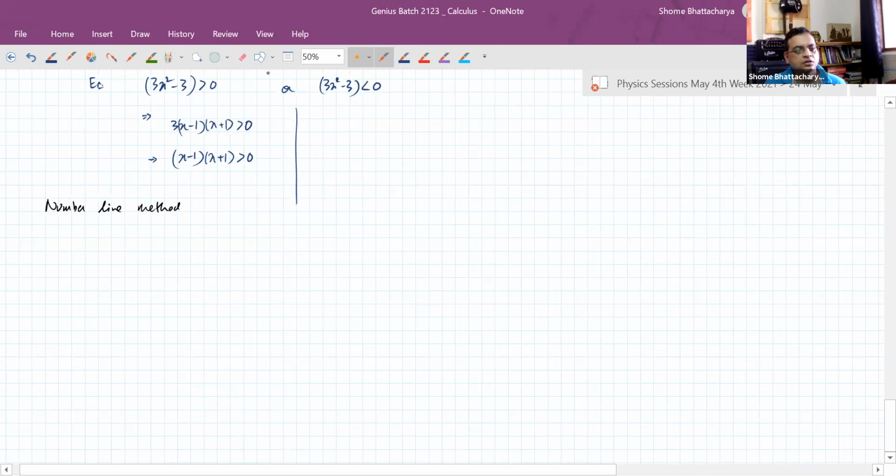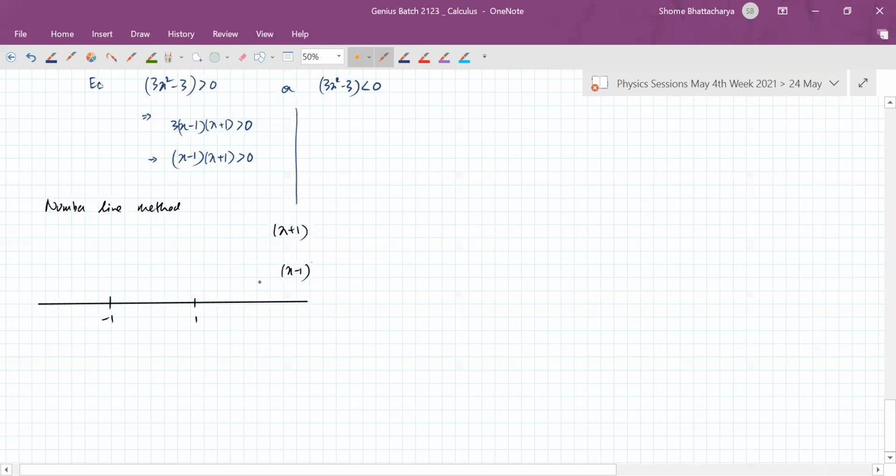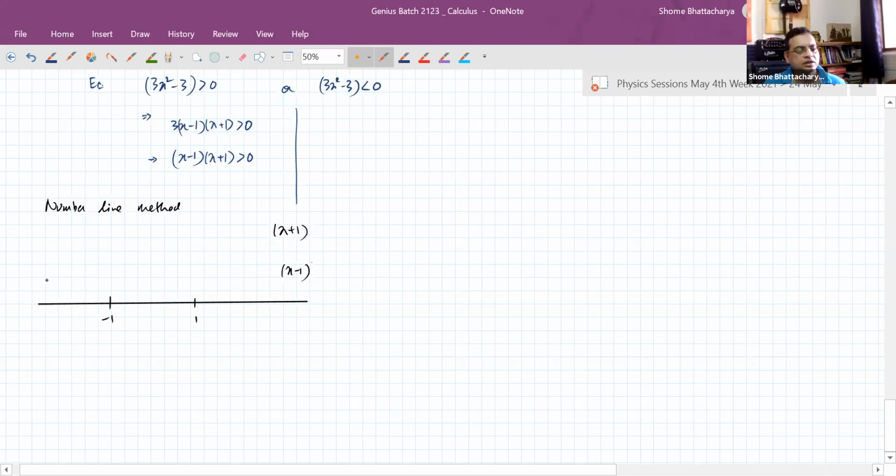In the number line method, for each of these brackets, the critical point for x minus 1 is 1, and for x plus 1, the critical point is minus 1. If I analyze x minus 1, it is negative up to 1 and becomes positive after 1. And x plus 1 is negative up to minus 1 and becomes positive after minus 1. This is the nature of each. Now when we want to look at the nature of their product,